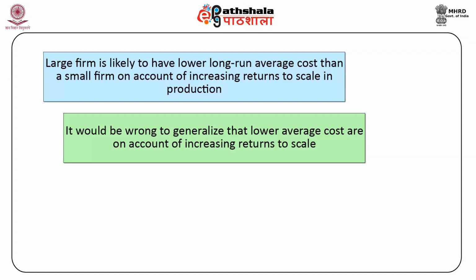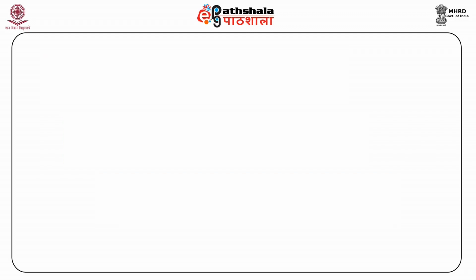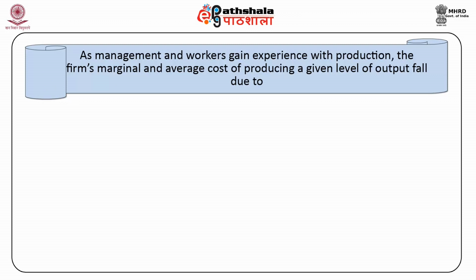Empirical findings reveal that in some firms, the long-run average cost declines over time because workers, managers, entrepreneurs easily absorb the latest technological information and thus become more experienced. According to Pindyck and Rubinfeld, as management and workers gain experience with production, the firm's marginal and average cost of producing a given level of output falls due to: